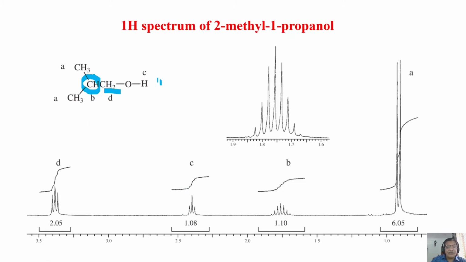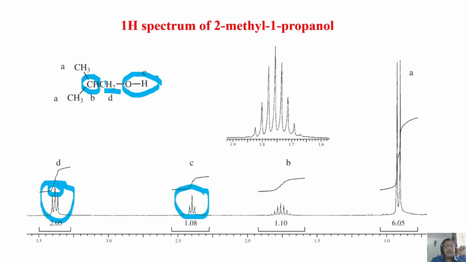And further, because of this OH proton, this will become another doublet. So doublet of doublet. Where is the doublet of doublet here? I don't see it. That is why I said this is a triplet. If you look carefully here, this group appears as if it is a doublet of doublet. This central peak is partially resolved, not fully resolved, but it is not a triplet. So safely we can assume this must be the CH2.